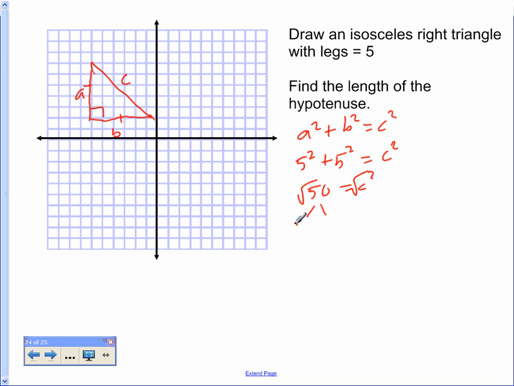This is 25 and 2. This is 5 and 5 and 2, so I get 5 square root of 2. That's what c is. So with an isosceles right triangle, whatever your sides are, you're going to take that times the square root of 2 to get the other side. High school teachers, if you are